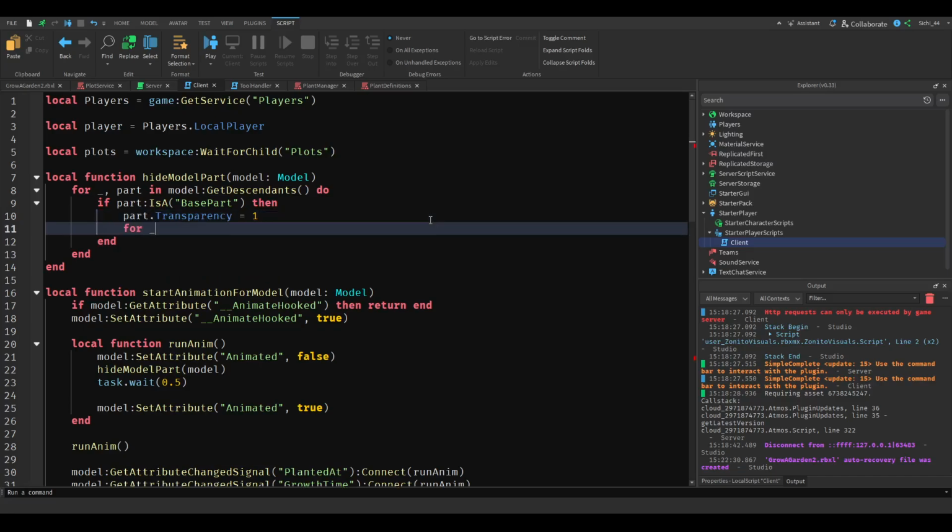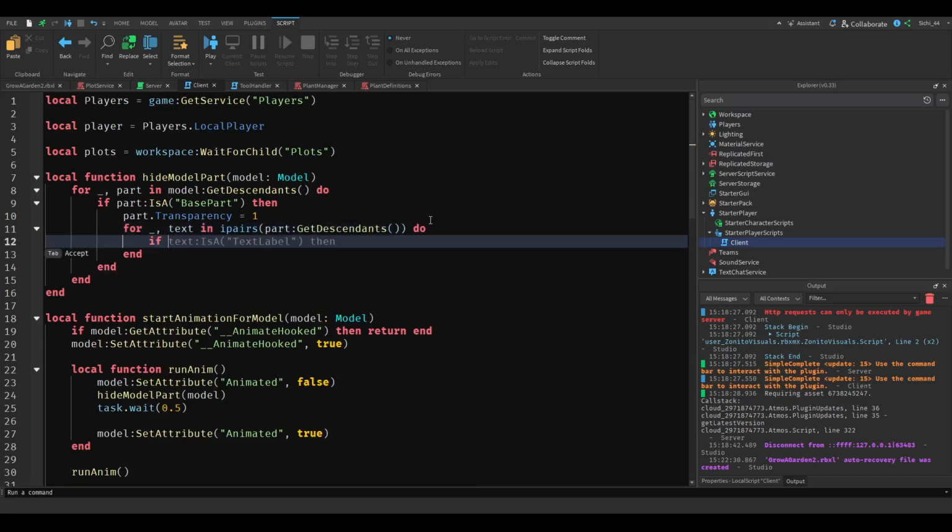And then for underscore comma texture in I pairs parts gets descendants do if the texture is a texture or the texture is a decal or the texture is a surface appearance, then